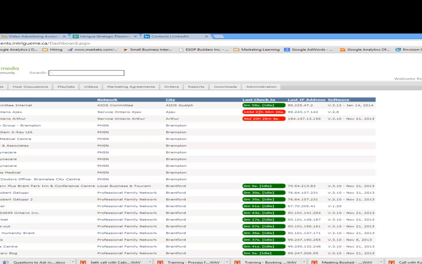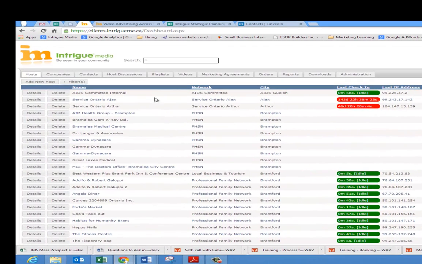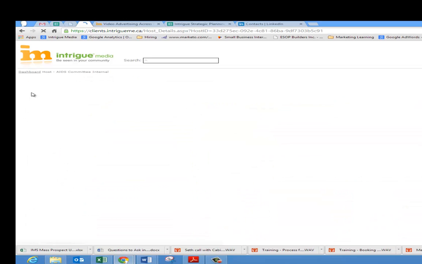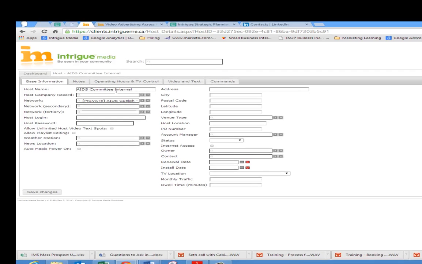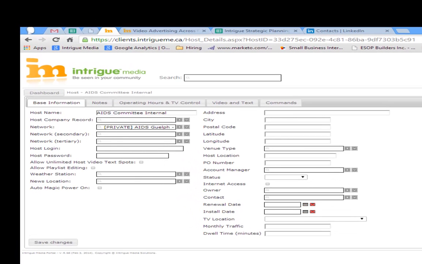When we see a red piece that's supposed to be on the network and online, we want to call the host and try to figure out what's going on to see if the TV is still running, and if it is still running, what we can do to get the internet back up and going. So from here, we can go into the details. The details will give you some base information of what's going on with the